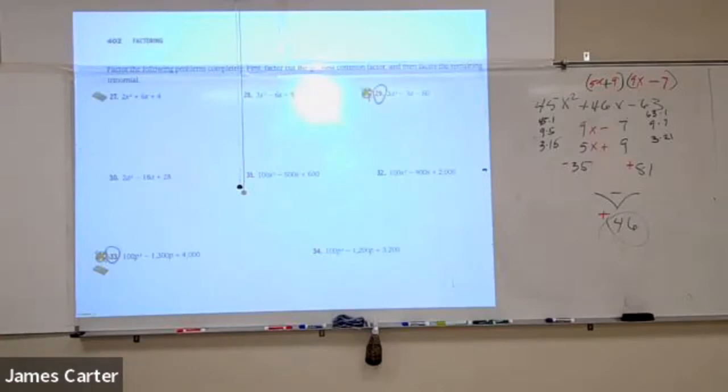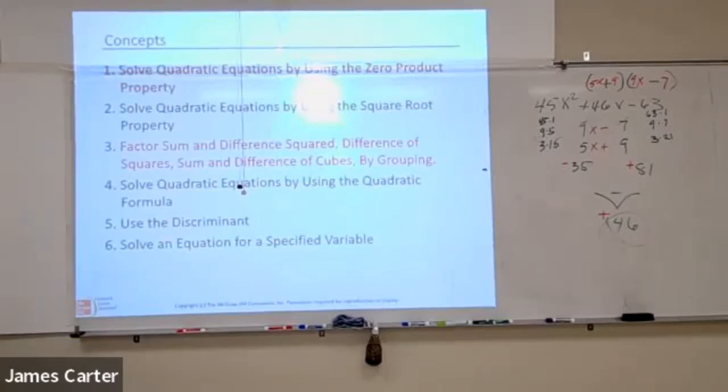Okay, we look at these. We can factor out 100 out of all 3 of those. So you've got to look for those things, is the point I'm trying to make. Okay, all right, so